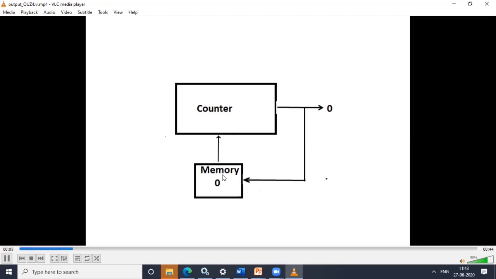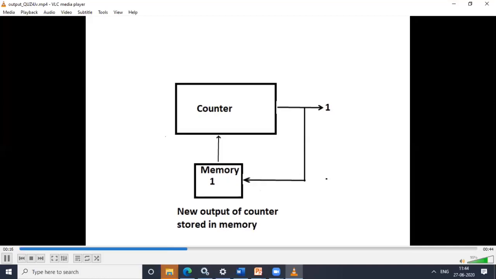So the counter will check a memory element, and the output of the counter will be incremented. Here I have assumed that I have started the counter, so it will start from 0. How will the counter come to know that it has to start from 0? Because it will refer to this memory, and then it will generate output 1. After that, what will happen? Let's see. This new output is getting stored in the memory. Initially, what was the content of memory? 0. Now the output of the counter has changed, it has become 1. So this 1 will get stored in the memory.